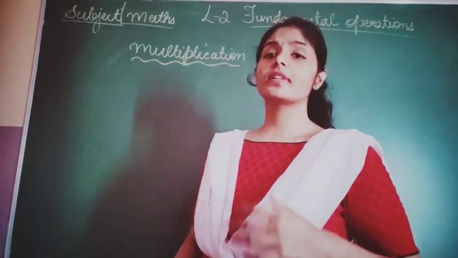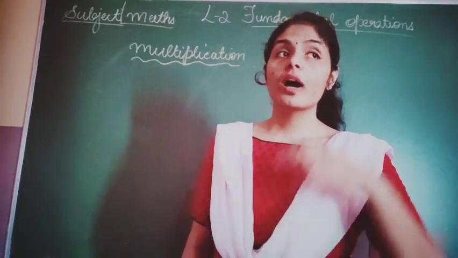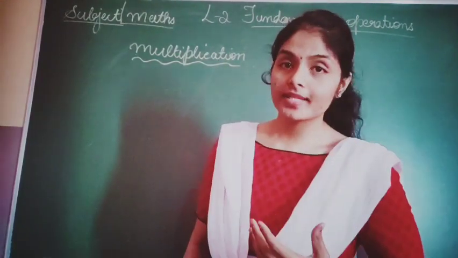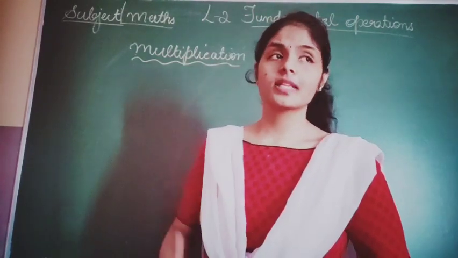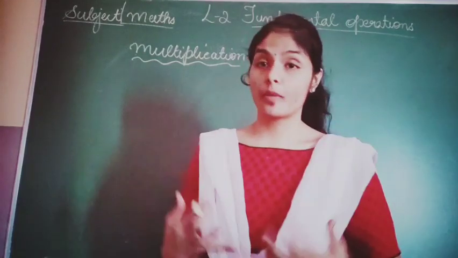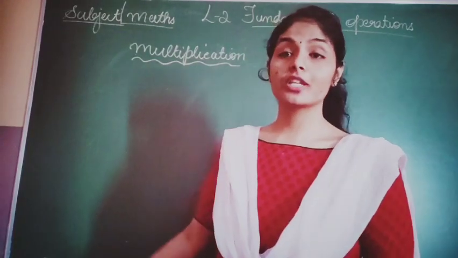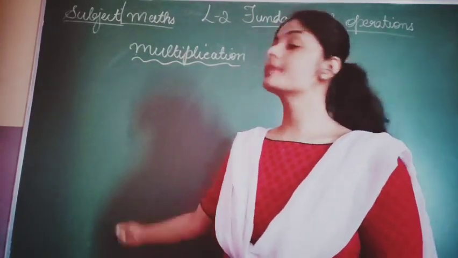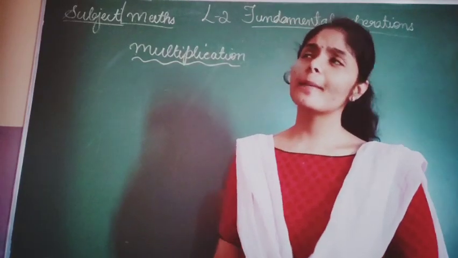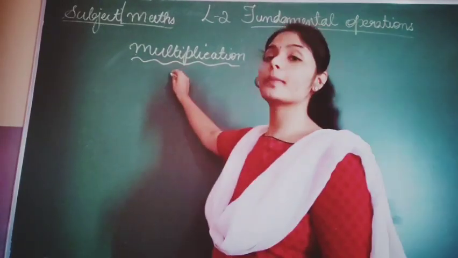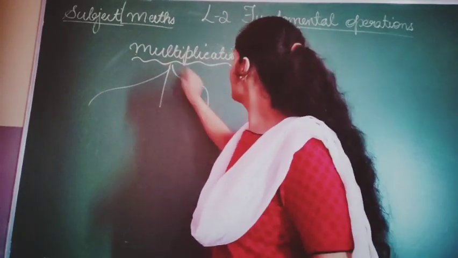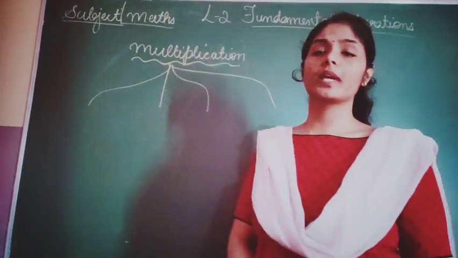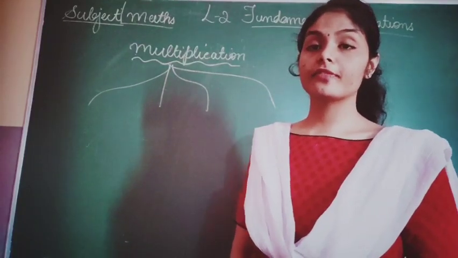Now, before we start multiplication, do you remember in addition and subtraction, before I could start with addition, I told you addition has some properties, correct? Even subtraction has some properties. In the same way addition and subtraction have properties, multiplication also has properties. We can classify the properties into types: 1 type, 2 type, 3 type and 4 type.